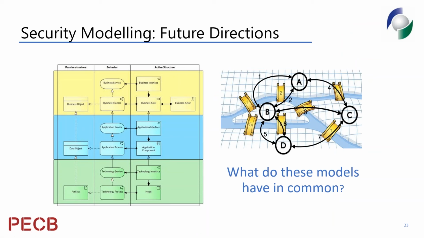So this is the point where I don't know how this works well in a webinar, but we've come full circle. And at this point, I'd like to just pose a question out there as to what do we have in common now between the ArchiMate model and the original Bridges of Königsberg problem, because there's a very important step that I'm going to try and take you through in the last 10 minutes or so of this presentation.